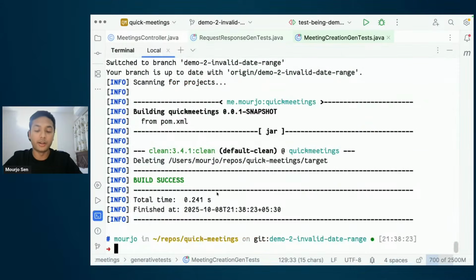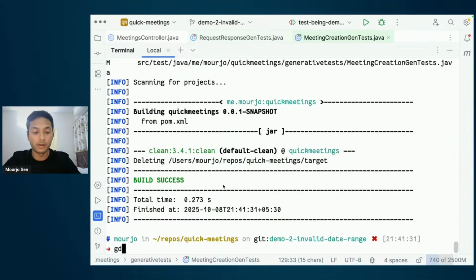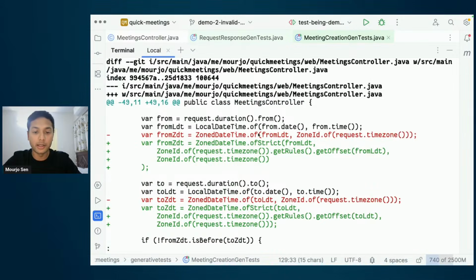I would never have written a test for this because it is such a small set of possibilities that could cause this. The fix is not that important, but if you look at the fix, it is to say that I don't want to use the default constructor of date times in Java, which has this behavior that it will do the transition for us. In a meetings application, you really don't want that.